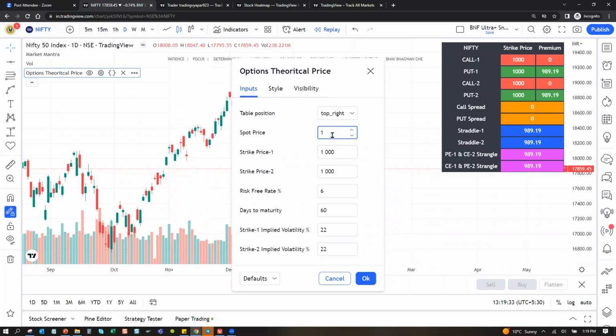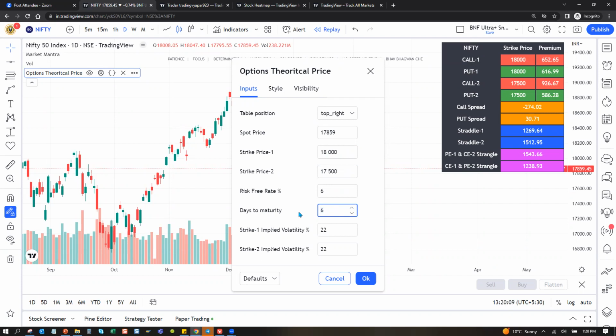So let's do one thing. We'll not complicate it for you guys. 17,859, let's say we'll put it. We'll put 18,500: call 1, strike price 1, 18,500, and let's do a round number, 18,000, so the straddle price will also come, and here we'll do 17,500. Okay, risk free rate you don't change, keep it at 6%. Days to maturity: अभी तो Monday, Tuesday, Wednesday and Thursday, 4 days are remaining, but we shall count the weekend also.